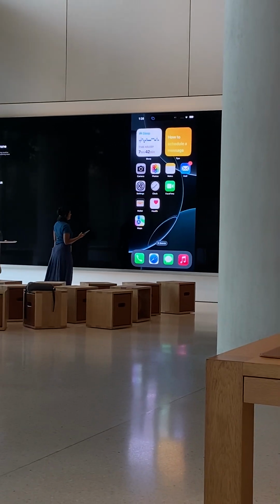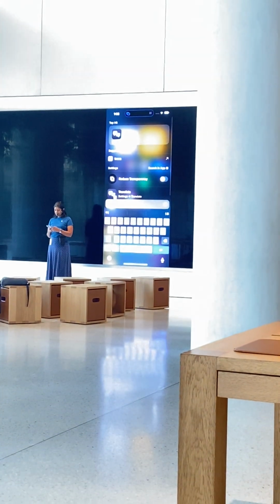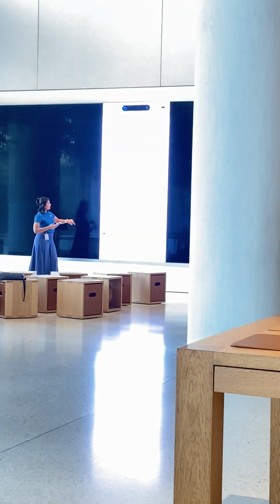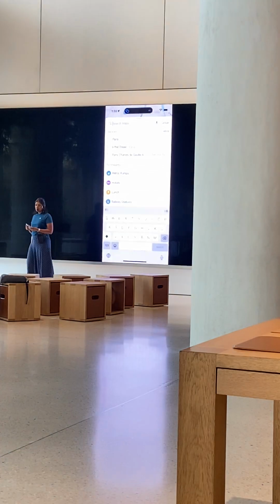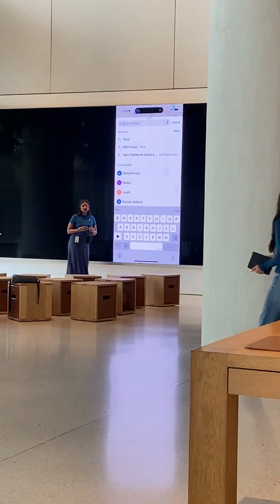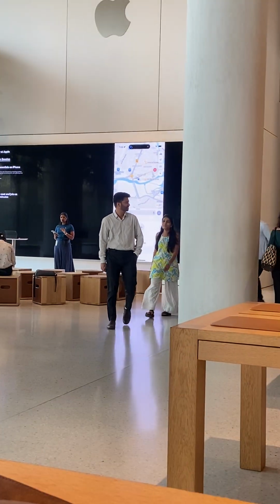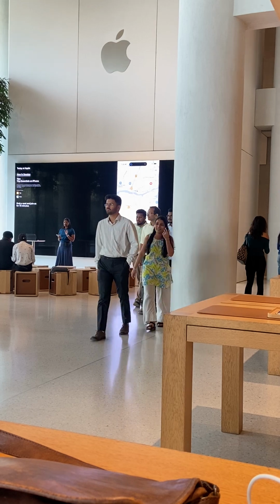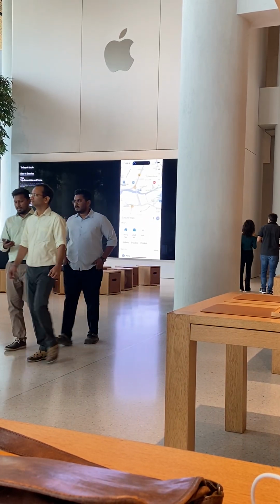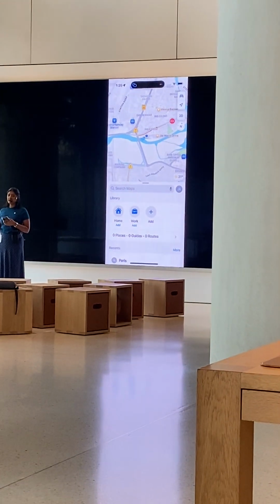Okay, so let's now come to the Maps app. So the Maps app, I'm not able to show it here, but I seem to be having like a slight issue with internet. But what you can do with the Maps app is there's a really cool feature called Guides. And what Guides does is for all of the major cities in the world, Apple creates or curates these guides.